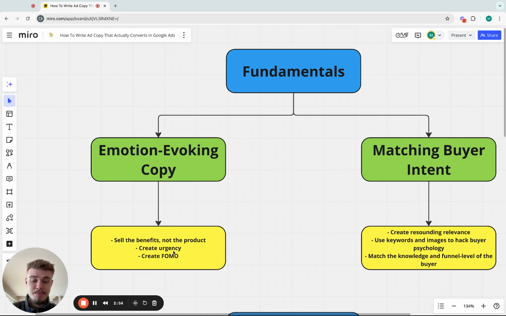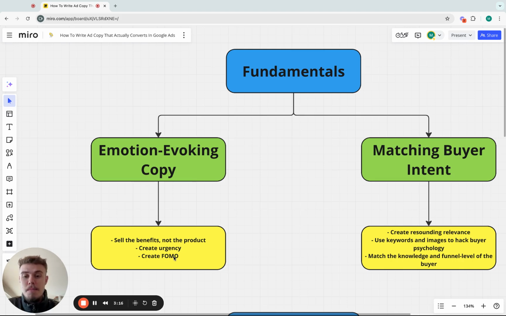You can also induce emotion by creating urgency. So things like limited time sale, limited time offers, whatever it may be, to create urgency, or perhaps only taking on a certain number of clients, selling a certain number of products, whatever it takes to make people feel emotion, right? So there's an emotion of feeling like they're going to miss out, and that is FOMO, right? Fear of missing out.